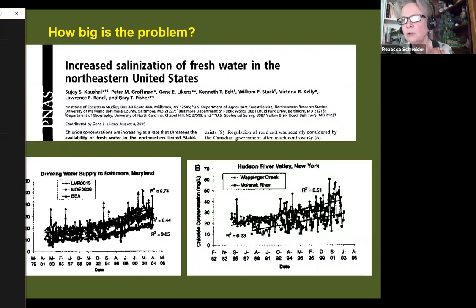So studies are showing that the fresh water in the northeastern United States, both groundwater and surface water, has been increasing in salinity in the past 30 to 40 years to the point where it's undrinkable in some places. That's what these two graphs are. This is the Hudson River Valley. This is the study by Dr. Kashaw and others in New York State, monitoring groundwater salinity and then stream waters throughout the northeastern United States and showing the salt increasing.